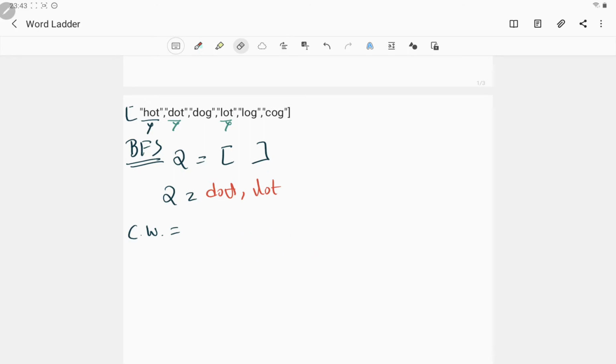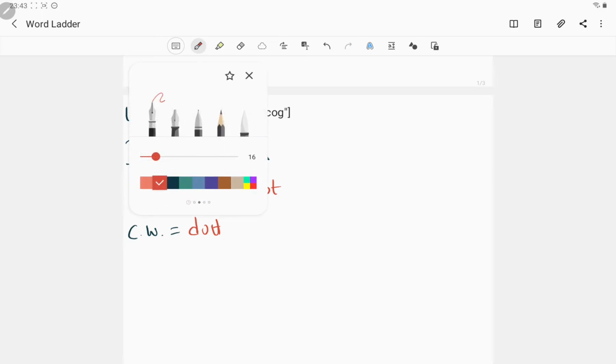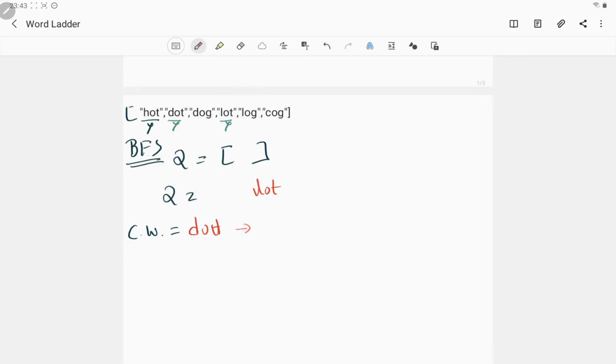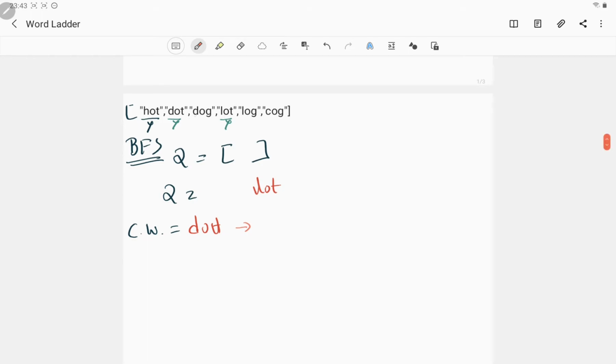Fine. Now we are going to remove the first one, dot. So my current word will become dot, and this will be removed from our queue. Now again we are going to generate all the possible combinations from dot, right? So I can see from dot I can make lot, but we already removed the same, and then I can go to dog, right? So again I will see that one combination can be dog, correct? So we are going to remove dog from the dictionary, and is there anything else from dot? Lot is not there, so it can be only dog, right? So we are going to insert the same in our queue, correct?